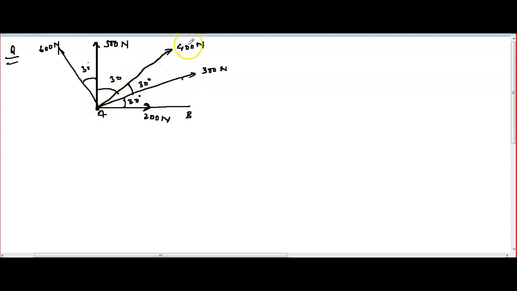Another force is 400 newtons, which is going at 30 degrees from this angle. Okay, this angle is 30, so you can write it. Total angle from here to here is how much? 60. Okay, so if any force is given like this, always consider the angle about either the x-axis or the y-axis. If 60 is given here, then you can take 60 this or 30 this. Both, anyone you can take.